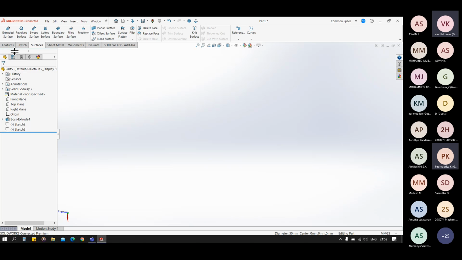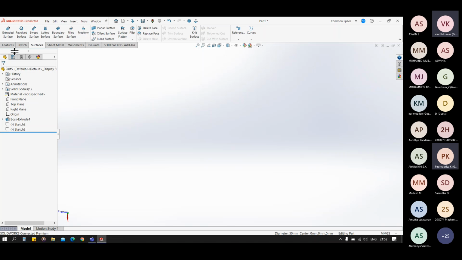In the free form we can freely move the surface according to our requirement using the tangent vectors. In the planar surface we can add a planar surface to the closed profile. In the offset surface we can have an offset surface.